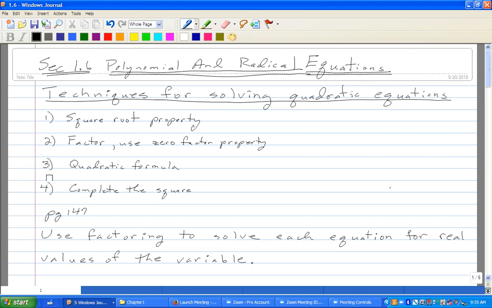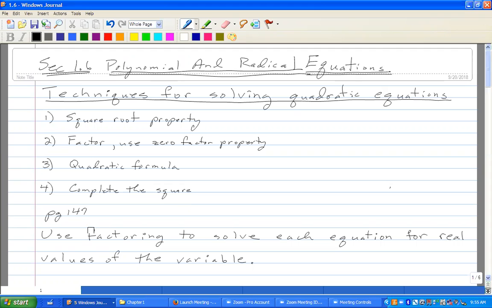Next, if that doesn't work, then use a formula. For quadratics, it's the quadratic formula. For higher order equations, it actually turns out that it's very difficult to use any of the formulas that they have, so I would say, you don't do that. And then lastly, complete the square. There are techniques that we'll be using further on out that will somehow simplify the equation. Okay, so